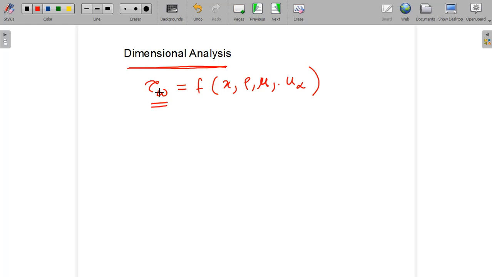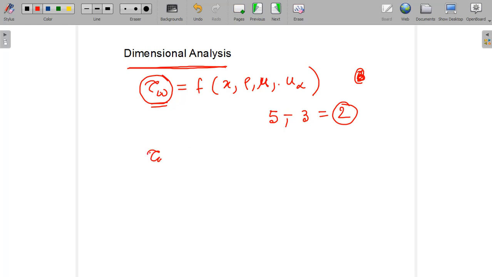There are a total of 5 different variables, and the fundamental dimensions present are M, L and T, so 3 fundamental dimensions. So the number of dimensionless groups that can be formed is 2. So 2 pi terms can be formed; one of these dimensionless groups will contain tau wall and the other will be a combination of the rest. Let us do these calculations. I know you know how to find these dimensionless groups, the pi terms.